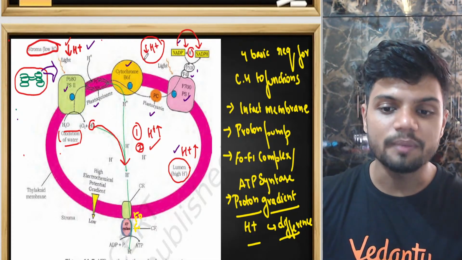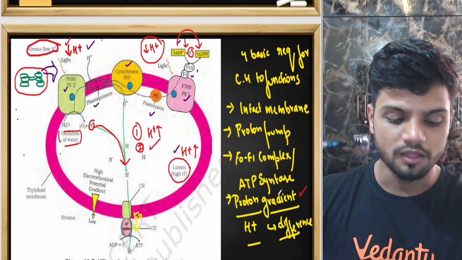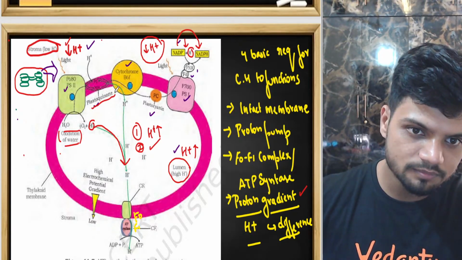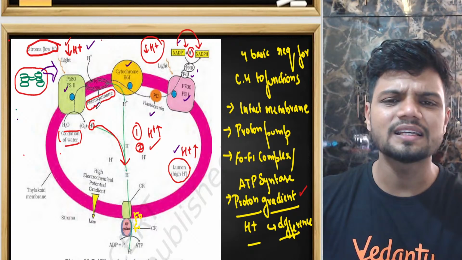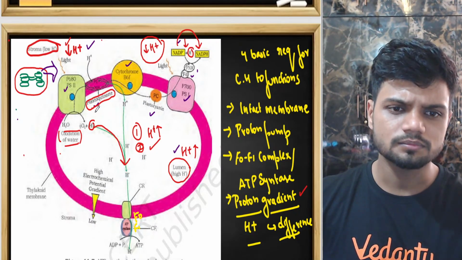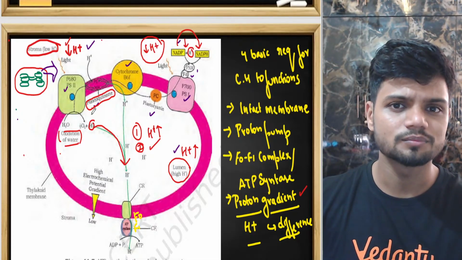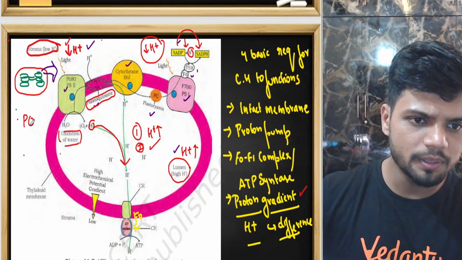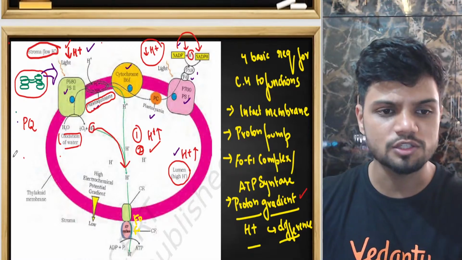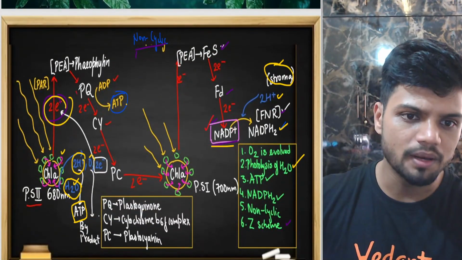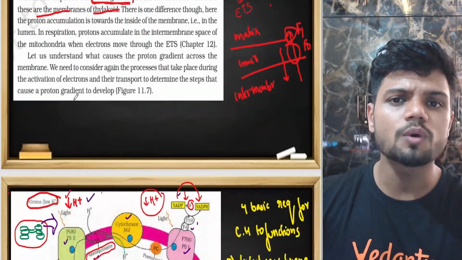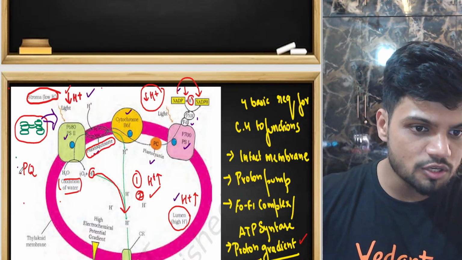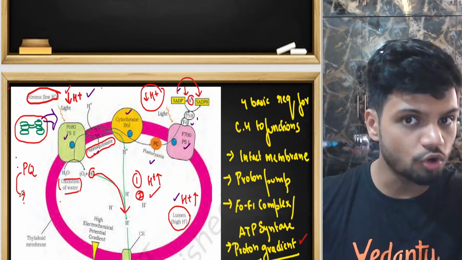Third and final method of making the proton gradient. The third method is very simple. Do you see this plastoquinone right here? This plastoquinone is not exactly just an electron carrier. It is also a hydrogen carrier. What do I mean by that? Your plastoquinone is generally written as PQ. If you see here also, we have PQ as plastoquinone. This PQ is also a hydrogen carrier. What is the meaning of that? It means this PQ can take hydrogen from the stroma and become